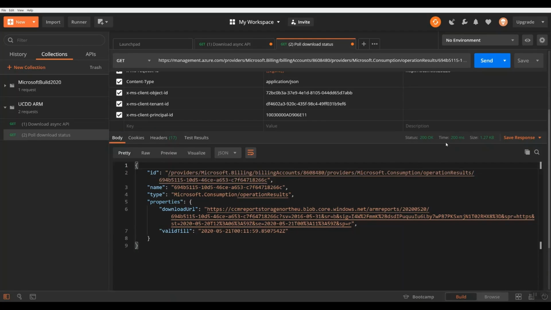All right, we got status 200. The file is ready now. If you take a look at these two properties, download URL and volatile, the download URL property contains the blob location of the file, where the volatile property gives us the timestamp until when the blob location is valid. So I can copy this URL